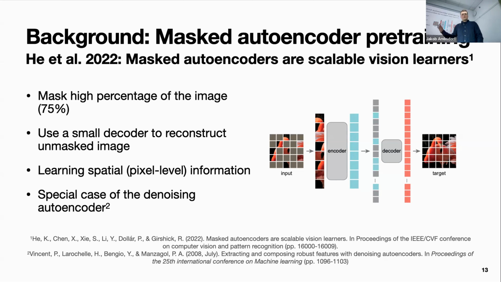This is not a new idea, although it was really popularized in 2022 by this Meta paper that showed how to do it and how to scale it. But the idea is quite old, using these denoising autoencoders, where the basic idea is you have your signal, you put some noise on the signal, and masking here is one type of noise. Then you try to map your corrupted signal back to the original data manifold, basically. That way you learn the data manifold.